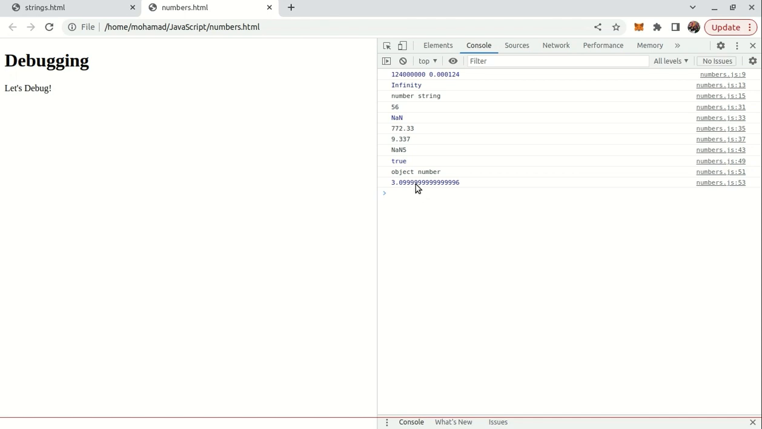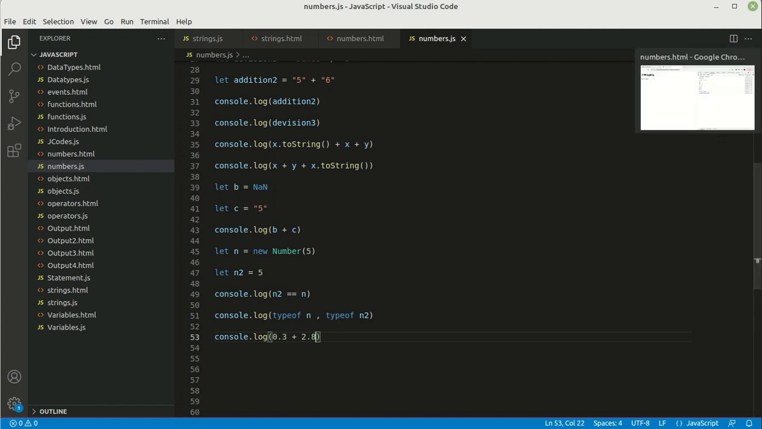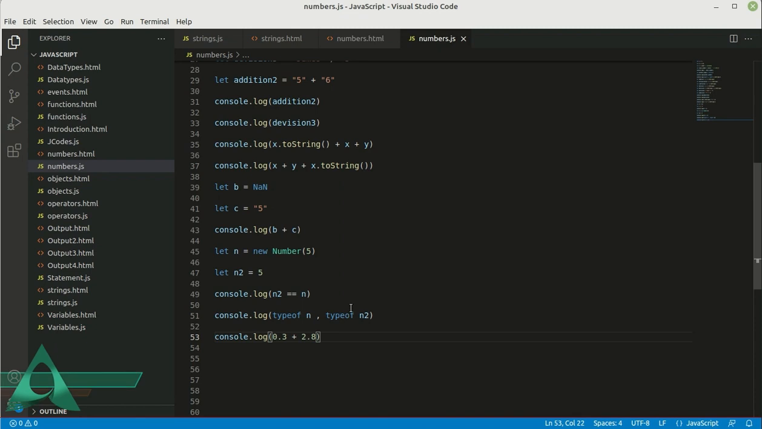just a bit different from what we expected. It has a lot of digits after 3, and the result should be about 3.1, but here it's 3.0999, and this is just a bit different from what we expected. Why so many digits like this, and why not so accurate? This is probably one of the things in JavaScript that might irritate you, but the fix for that is